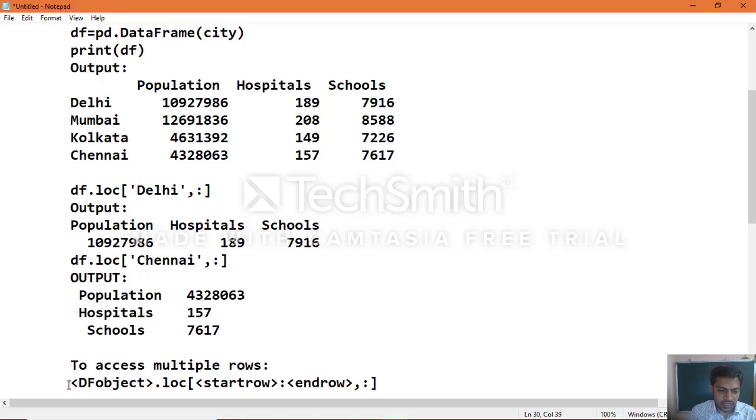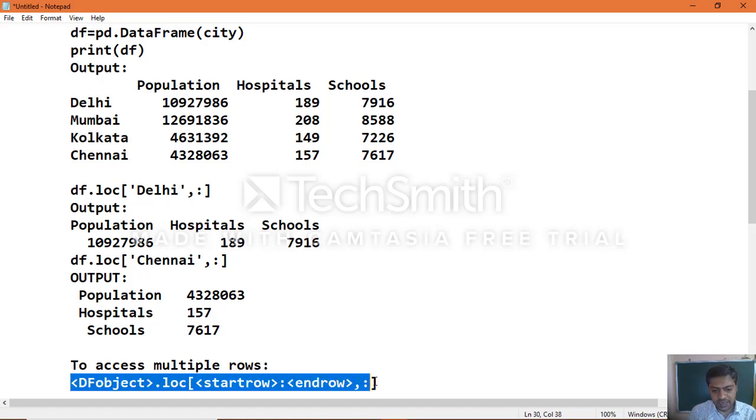Earlier we saw only single row access, and now if you want to access multiple rows, you can specify the syntax data frame object dot loc start row colon end row comma again colon. You must specify it in such a way.